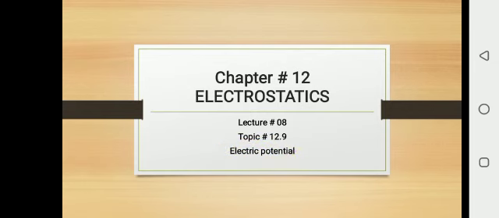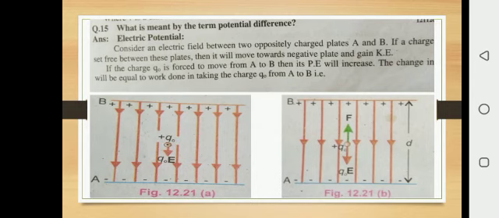Yes, the potential difference between 2 points, for example, if you have 2 points A and B, is defined as the work done in carrying a unit positive charge from point A to point B while keeping the charge in equilibrium is known as potential difference or electric potential. This is an important long question. The statement of the question is, what is meant by the term potential difference, or define potential difference in a short question. So today we will learn with complete explanation what is electric potential.